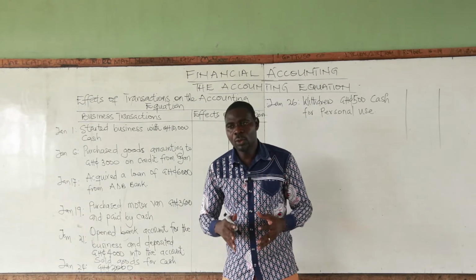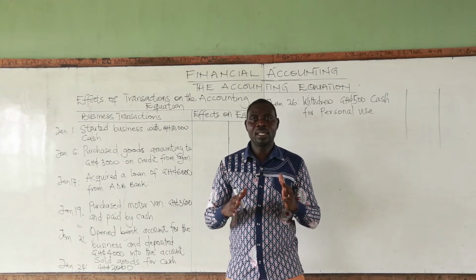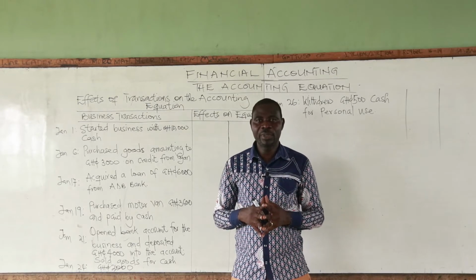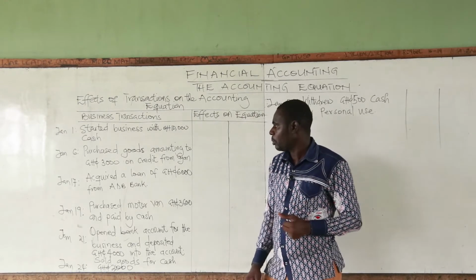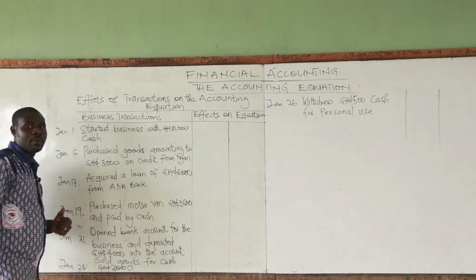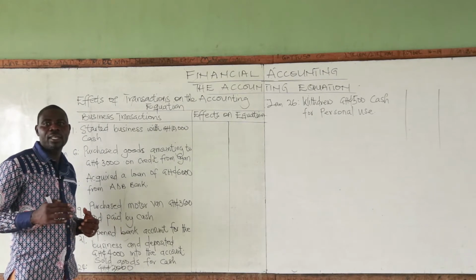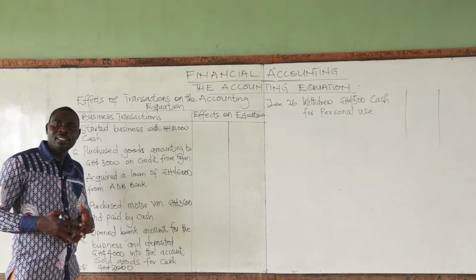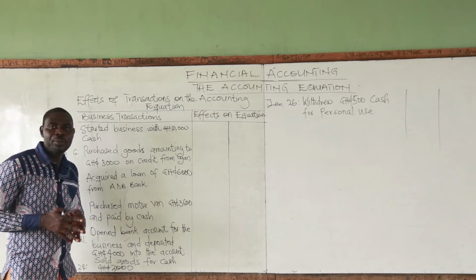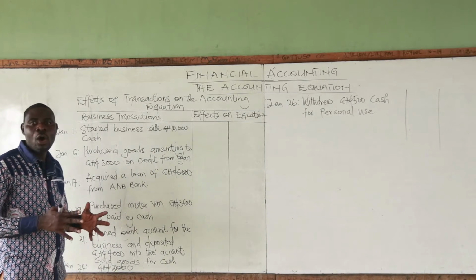When a transaction occurs, what happens to assets? What happens to liabilities? Or what happens to capital? That is what we are going to look at. So let's look at this illustration on the board. This illustration is about the establishment of a sole proprietorship. Follow me as we look at the effect of each of the transactions on the